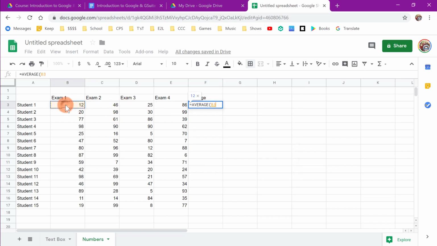So all I need to do is click the first box, and I'm just going to drag over. I want to calculate the average of these 4 numbers, and I close the parenthesis. So you'll notice it says I'm going to calculate the average of cell B3, which is right here, B and 3, all the way over to E3 and everything in between. So I hit enter, and then there's my average,